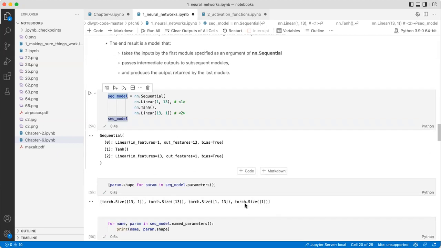So this 13 we have, what brings it? Is it the hidden layer? Right. So here, in the linear 1, 13, we have a single input, and the 13, what is the 13? So it is like we have a single input and we have 13 hidden units. Now we know the output of the layer must be the input of the next layer, which is the last one, linear as well, where the input is 13. So if 13 is the hidden unit, we have 13 hidden units. Is that correct? No, we have 1 hidden unit, but